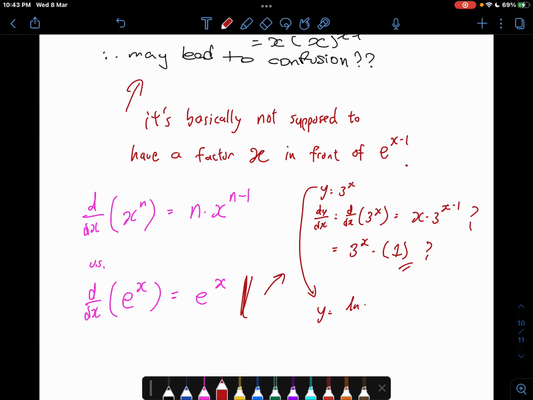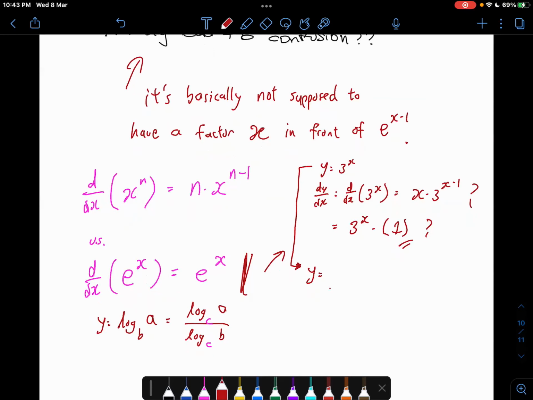Wait, no. Sorry. Not correct. The change of base formula only applies when you're dealing with logarithms. Log A base B equals log A on top, log B below, then you put a common base. Yeah, that's only for logarithms. Sorry, I misled you. For this one, we don't have a very precise change of base statement, but you